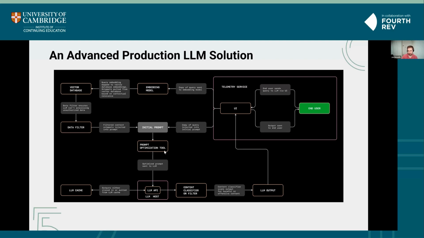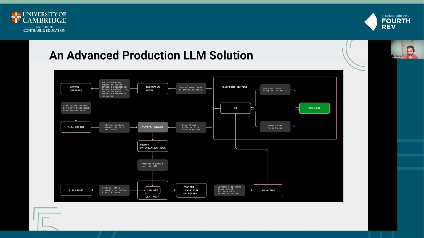Obviously, there's cost associated with doing this, and it's not always necessary. But you may have another large language model call that says, take this prompt and optimize it. If the user's just put in something very sloppy, can you actually make it better so the large language model gives a better output? Then with that optimized prompt, that would be sent to either an open source LLM or a proprietary API. And then before it gets sent to the user, you may have a content classifier or filter. So, for example, the Azure GPT-4 API, which gives a bit more professional control over the outputs.